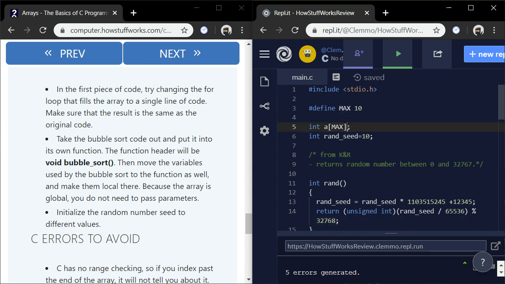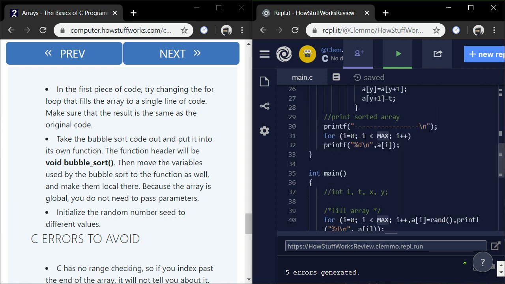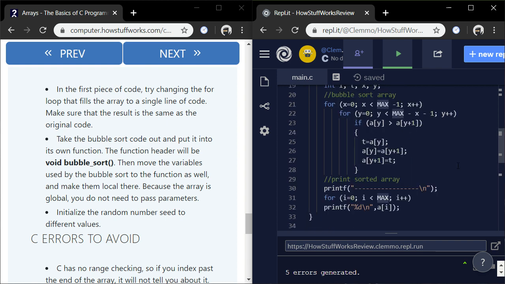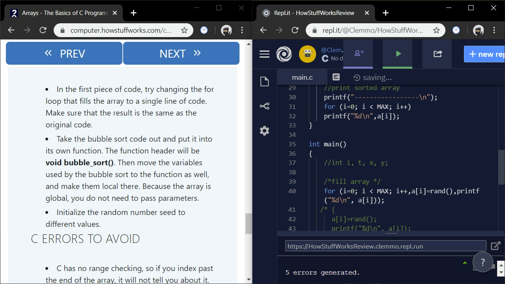The array is up at the top as a global variable. Okay. I moved the integer. I moved everything over. Maybe I should have left I. But do I even make use of it? I don't know if I even make use of it. So let's try taking I out and leave it here.